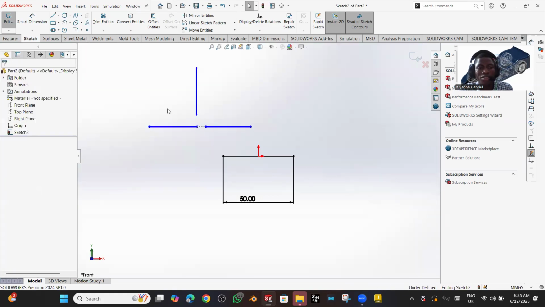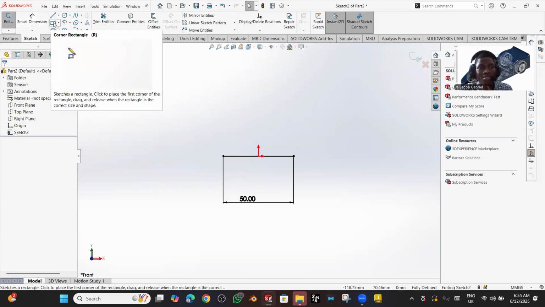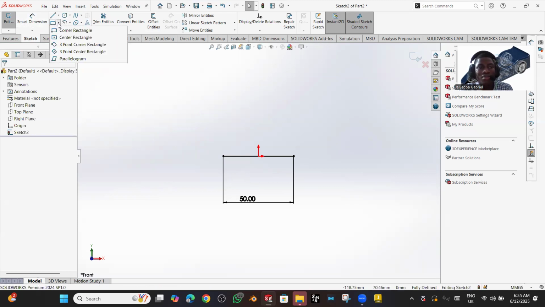Can you see? Perpendicular. So you can just play around with the constraints that you have for the particular design that you're working with. Now, if I want to draw a square, I'll come to this rectangle tool here, drop the list, the arrow. Then I can select corner rectangle, center rectangle, 3 points, corner rectangle, 3 points, center rectangle,